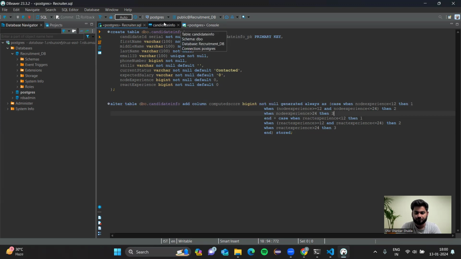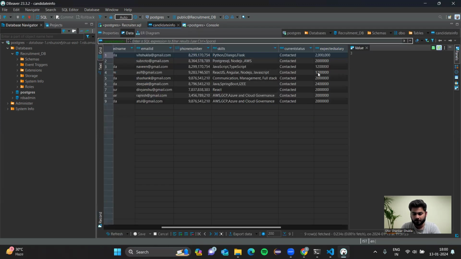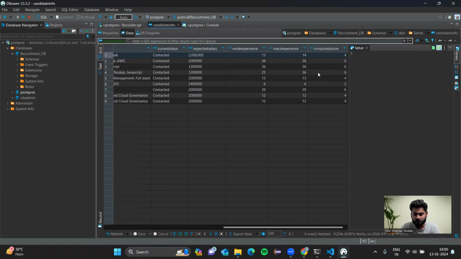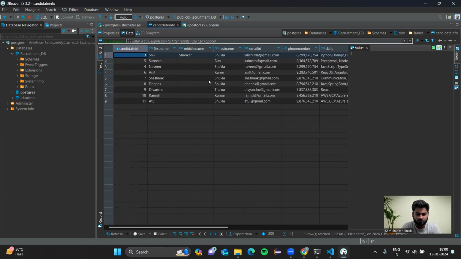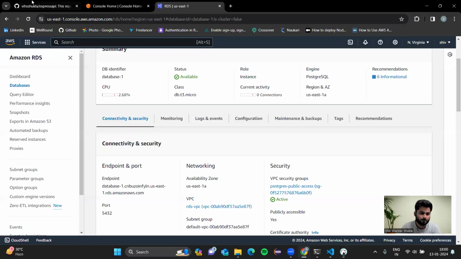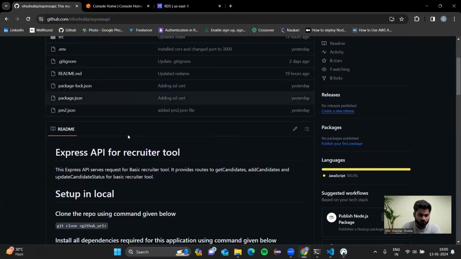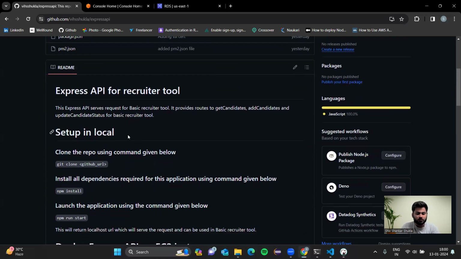Which is shown here in the column computed score. Okay, so this is about the Postgres setup. So once it is done, you can always go to this thing, right? Okay, so